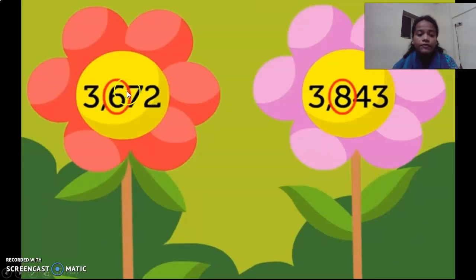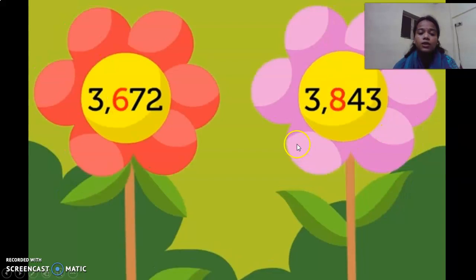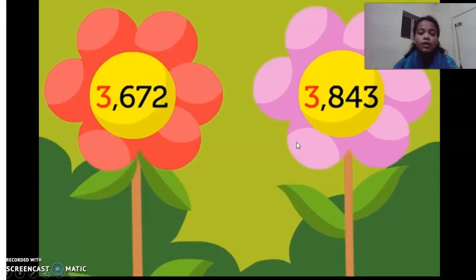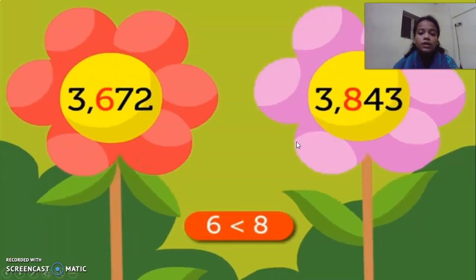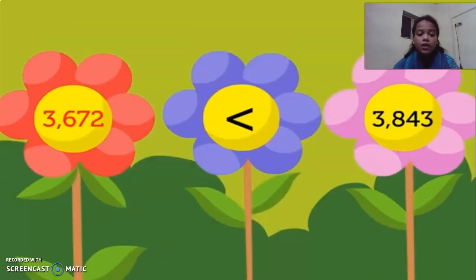See on my left side, 6 and 8. The digits are different here, isn't it? Here 6 is smaller than 8. So number 3672 is smaller than the number